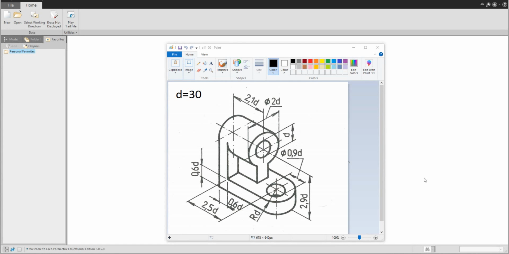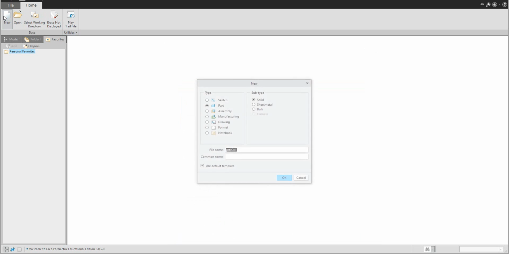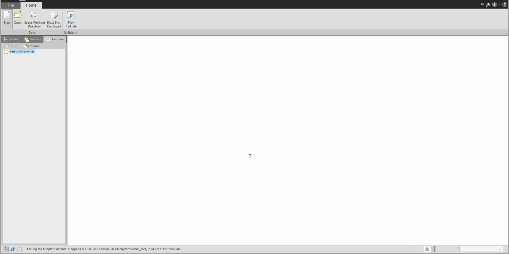Hi folks, in today's video tutorial I'm going to show you how to create a 3D model based on the extrude feature, hole feature, and round feature. We will follow this shape, and let's start. We will start from scratch. We will create a new model named E11, as exercise 11,